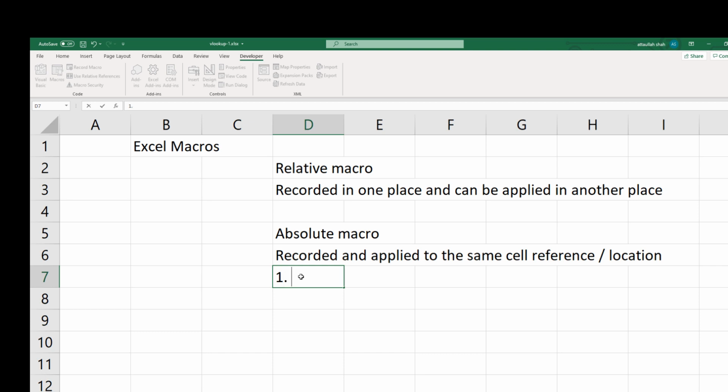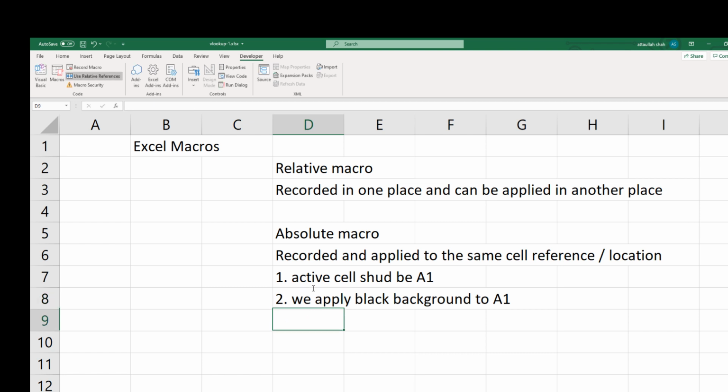Step number 1, active cell should be A1 before starting the recording. After that, we apply a black background to A1.